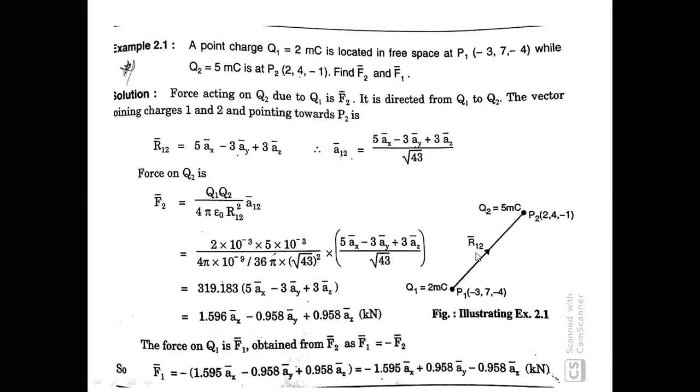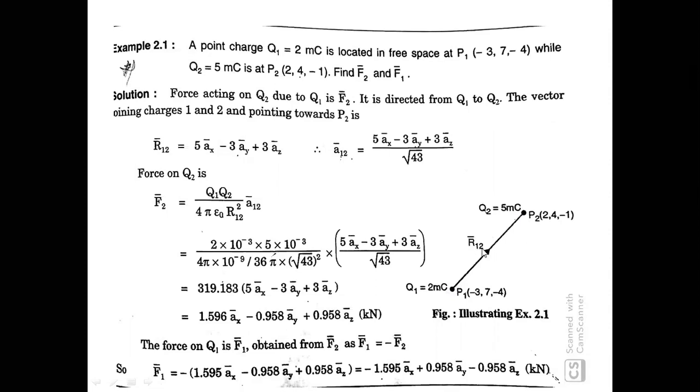Isn't it? This one is basic, we have just seen. So this arrowhead, its starting point is 1 and ending point is 2. So this vector I'm saying is from 1 to 2, and that is denoted with R bar 1,2. It means the vector whose starting point is P1 and ending point is P2, denoted with 1,2.